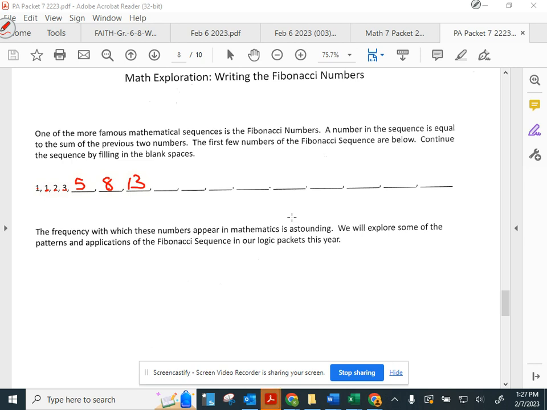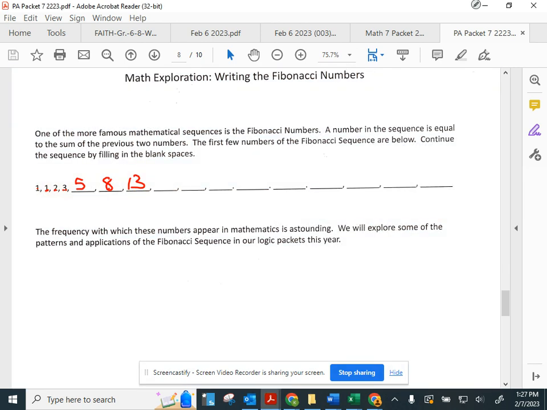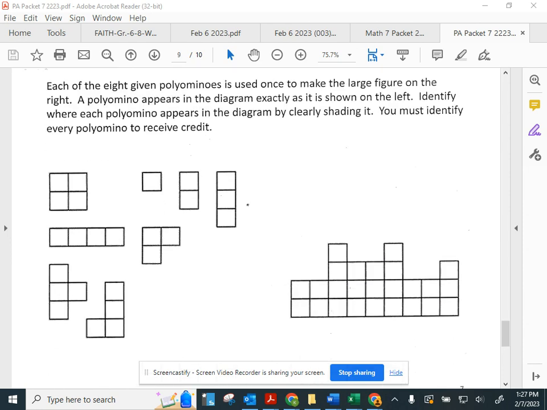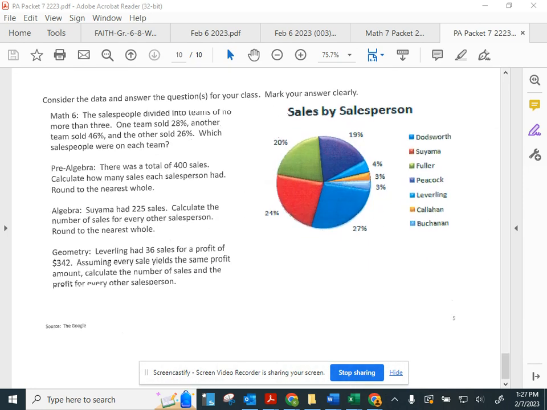We're going to be using these Fibonacci numbers more, just like we were using Pascal in previous packets. Now we're looking at Fibonacci. So you're going to figure out that Fibonacci pattern and just fill them in. Just add the two numbers before to get the next number. So it's not too complicated this time around. Polynomials, we know how to do. And our last page,